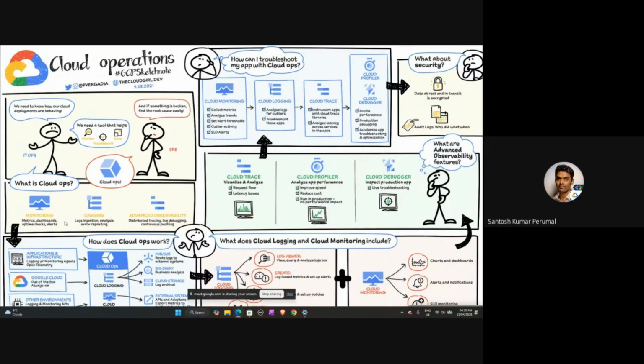Like, you need to know what function has been called, which function was failing, or how many records were pulled from the database. All these details have to be fetched if you want to debug an end-to-end journey. With just monitoring, it's highly difficult, and with logging, it is possible, but you will have to put a lot